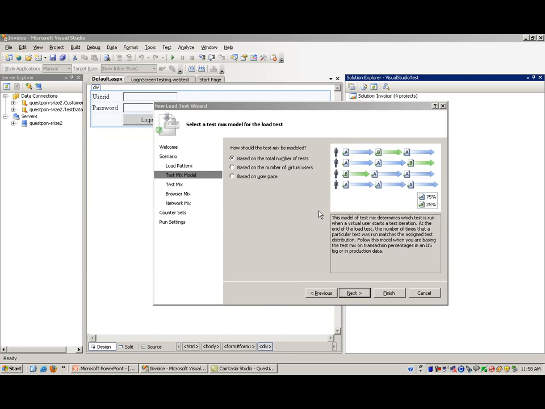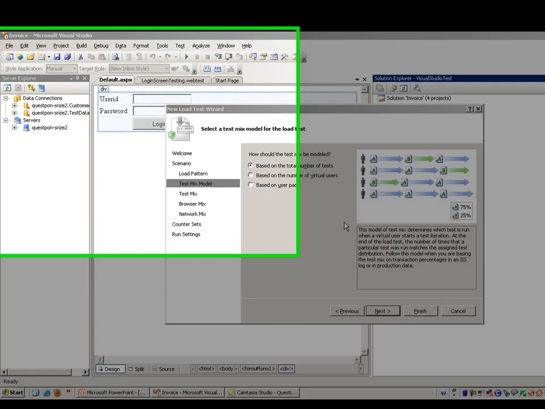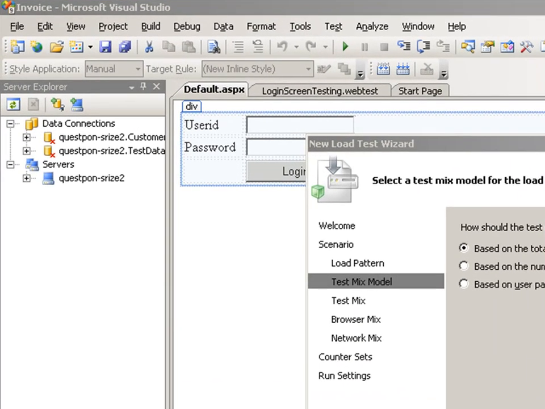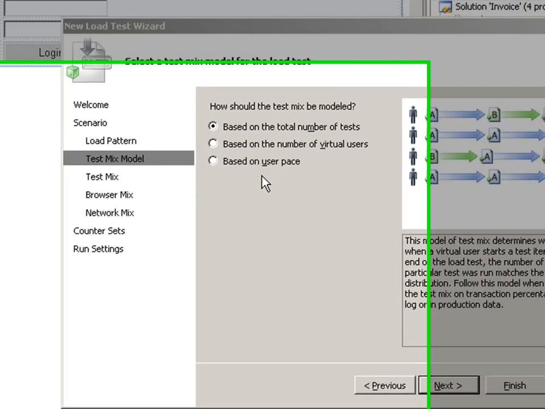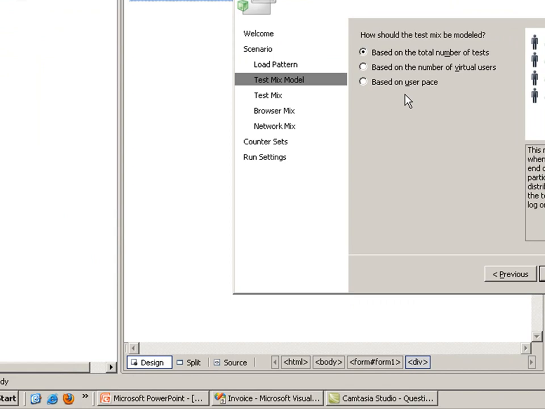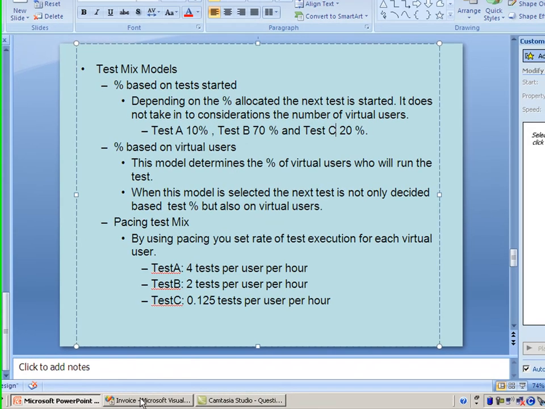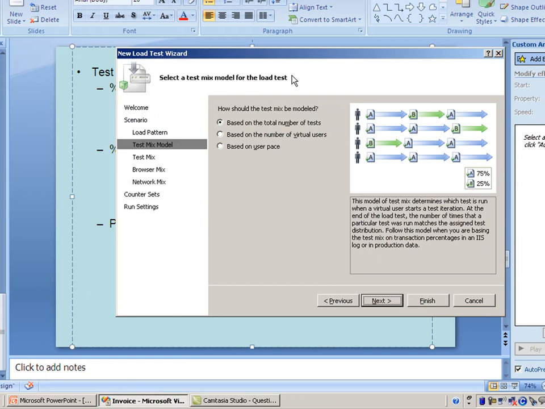Now the test mix model basically helps you to specify which test should be running first, or it helps you to determine which test is run depending on certain criteria. So if you have one or many web tests or unit tests in a single load test, the test mix model has three parameters, as you can see on the screen, which help you to determine which test should be running first. So let me just pull up a small PPT here, and let me keep this screen at the right hand side, just below,